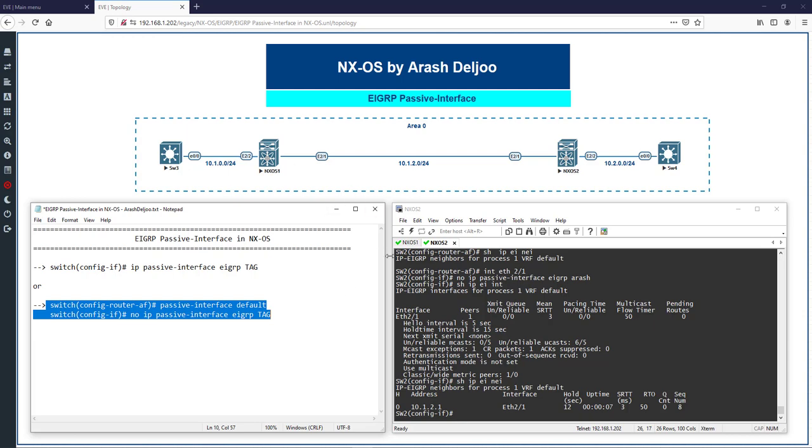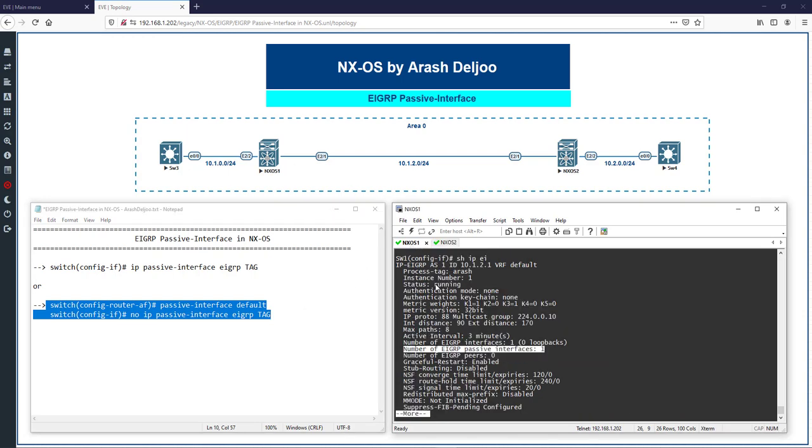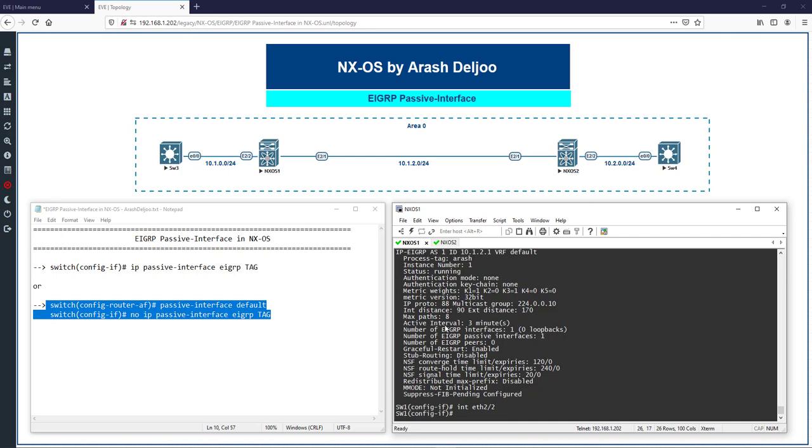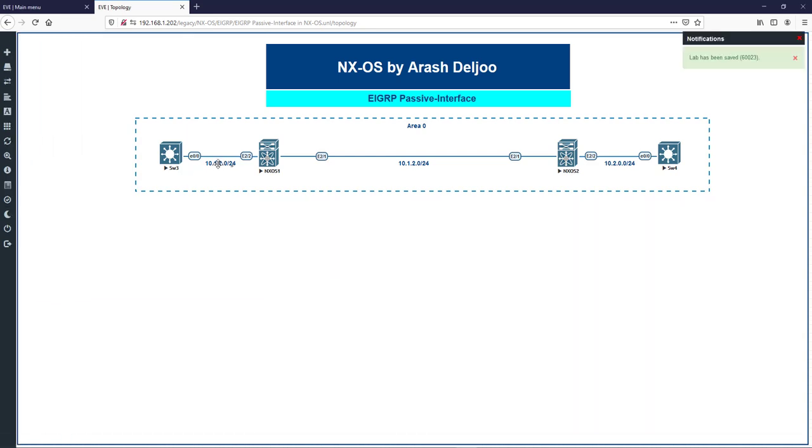After that, one interesting thing that I'm going to show you in this scenario is that, for example, in switch 1 on the ETH22, it's not relevant to passive interface, it's another feature. In the interface ETH22, I'm going to configure one other IP address. You know that on one interface we can configure more than one IP address with the secondary option. For example,